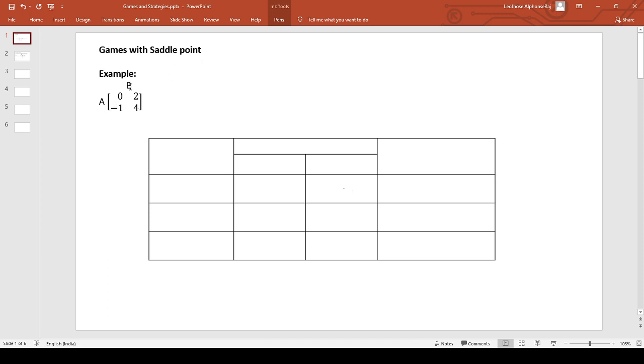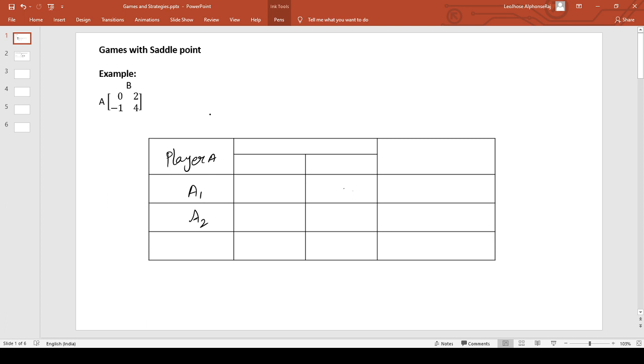Here A and B represent two players, player A and player B, and here is a payoff matrix for them. How do we identify the saddle point for the given example? So let us start the problem. Let me write down here in this tabular column player A, where these two rows I'm going to take as player A's strategies. I'm going to mention them as A1 and A2.